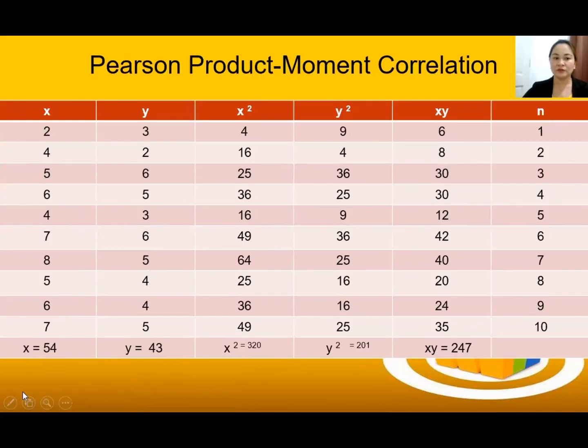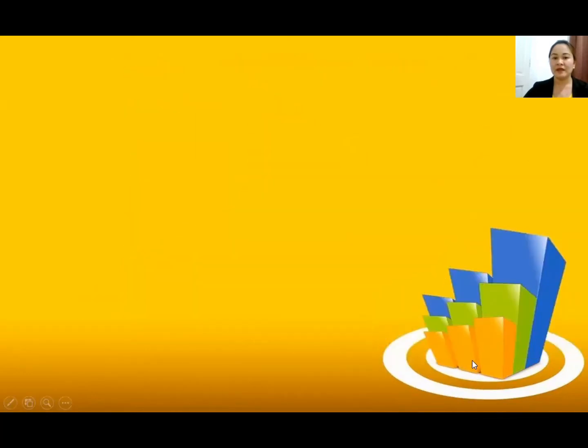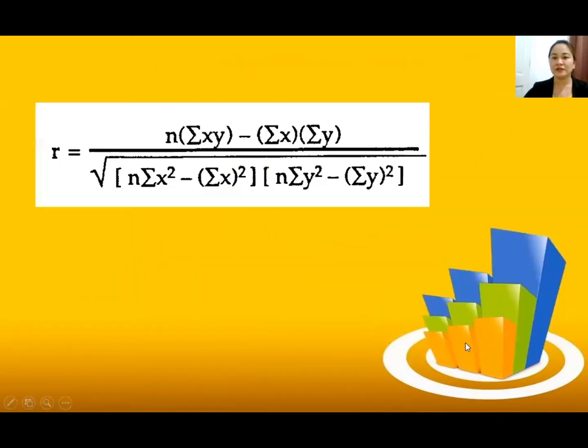The summation of your total x here is 54, whereas the summation of your y is 43. The summation of your x squared is 320. The summation of your y squared is 201. The summation of your x times y is 247. Then you are going to solve now, substituting in the